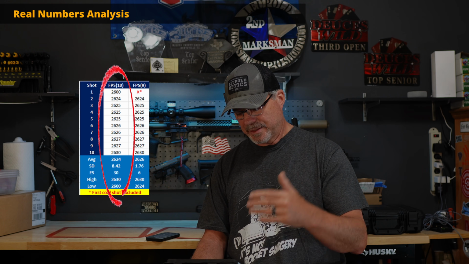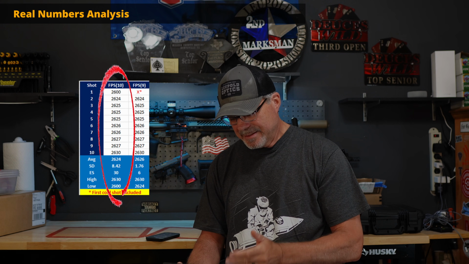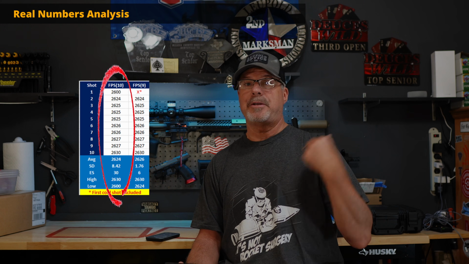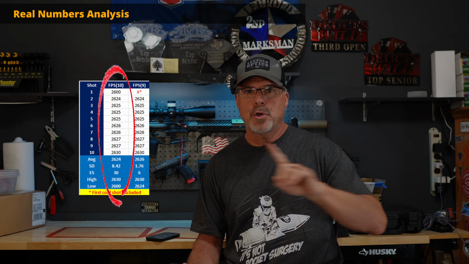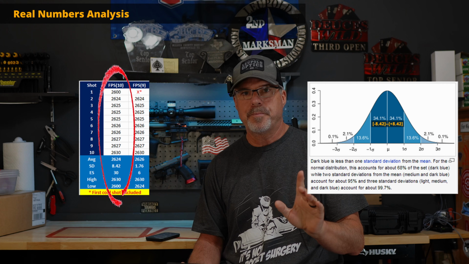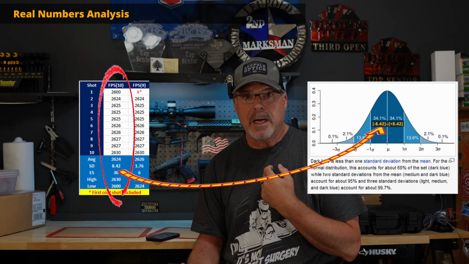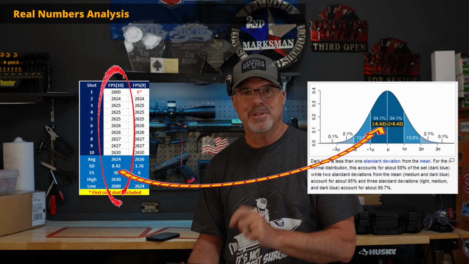So you see the high and the low down there, the low is 26, the high is 2630. That's our ES, extreme spread, low and high. The SD is 8.42. Okay, well, now you're going to read that and you're going to go, holy crap, Tony, 8.42, that means it's 8.42 standard deviation. No. Stop. What this is saying is, one standard deviation for us, for this example, is 8.42 feet per second,